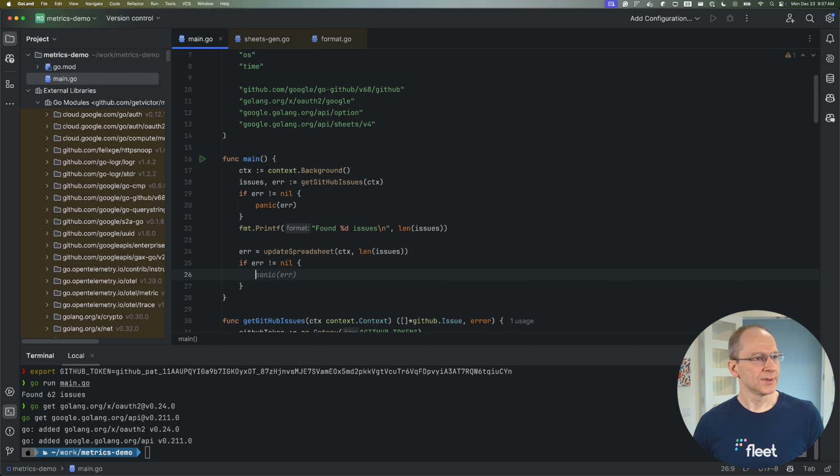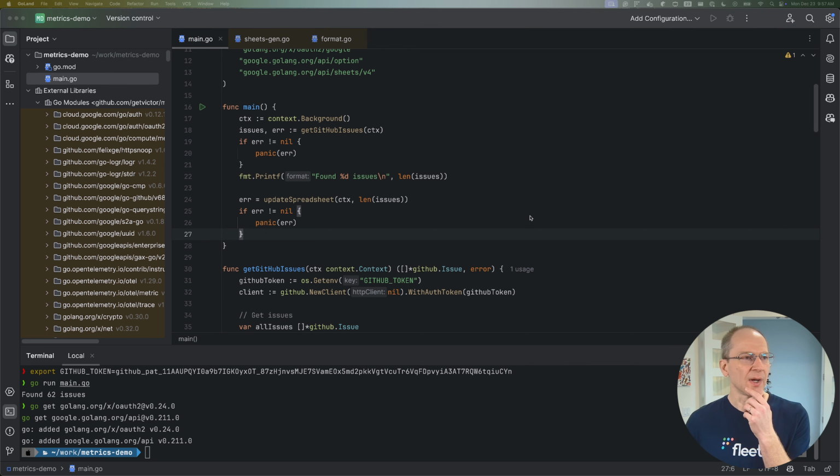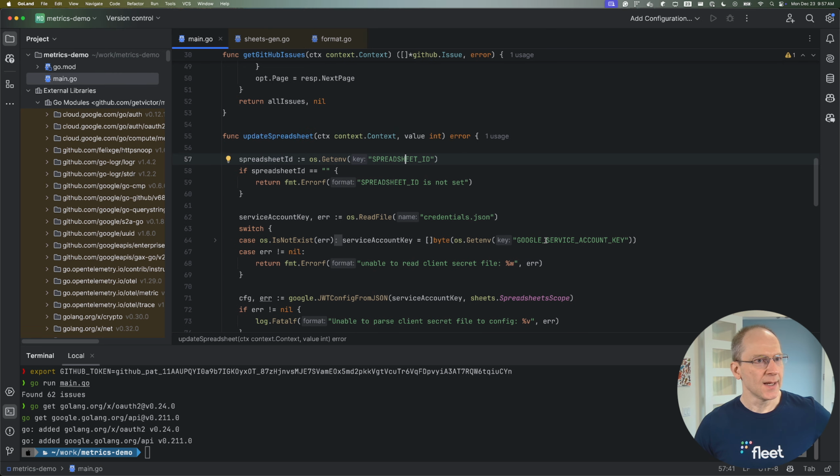If error not equals nil, we panic. That's fine. Or do we panic? I mean, panic is fine. We can also do log fatal f. All right, so before we run this, we need to set our environmental variables: spreadsheet ID and Google Service Account